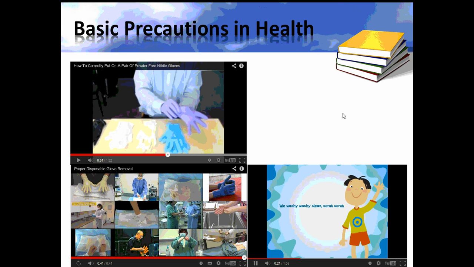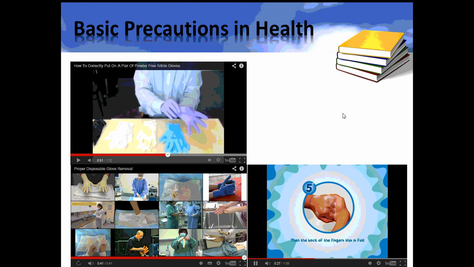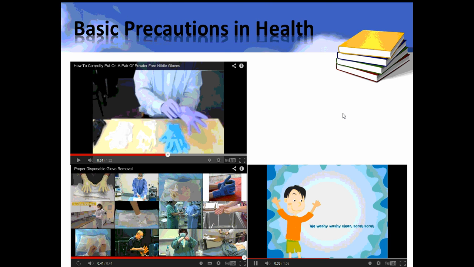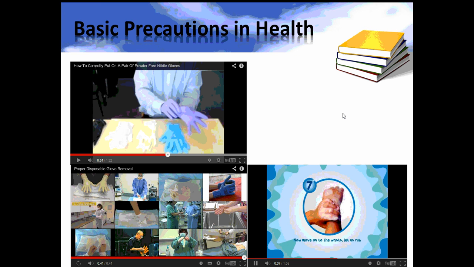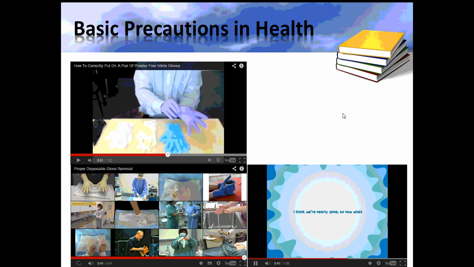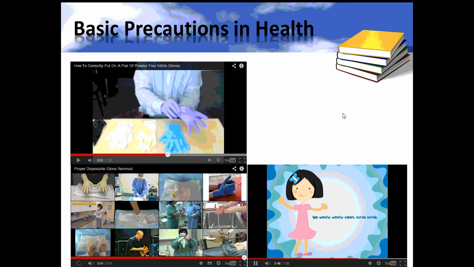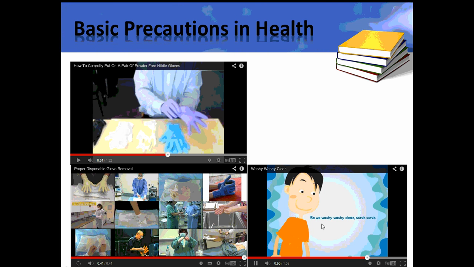then you need to clean the base of your thumbs one by one, and the back of your fingers. It's important not to forget your fingernails. You've got to get the details of clean hands. Then you move on to your wrists and rub them with the soap and water. Then you rinse the soap away, you dry your hands with a disposable towel,